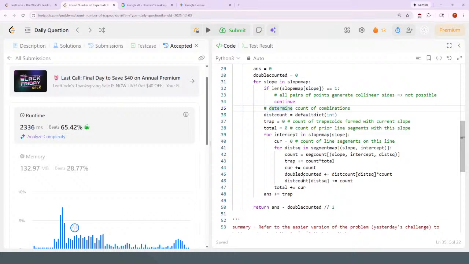Otherwise, it's going to be something. So we're going to keep track of the distances. We're going to keep track of the number of trapezoids currently formed based on the slope, the current total number of prior line segments with the slope, and then for every intercept, which is for every line,